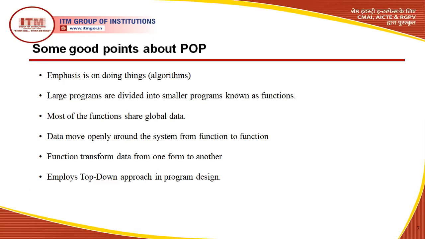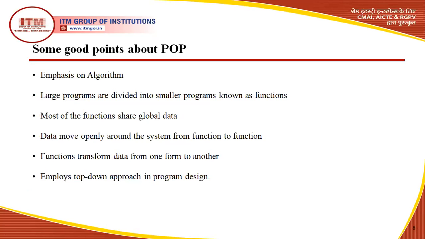If we talk about top to down, it means every task is called from the main function, and we have the main function at the top. Whenever we work according to object oriented programming, the main function is implemented at the last, and each and every task is called from above with the help of objects. So this is a very basic difference between POP and OOP.